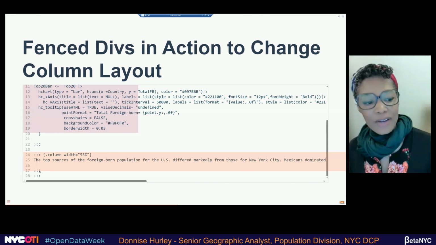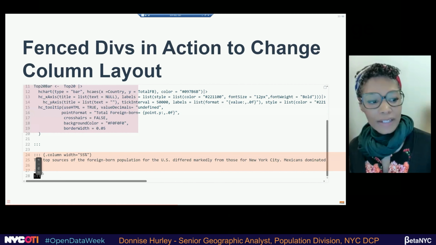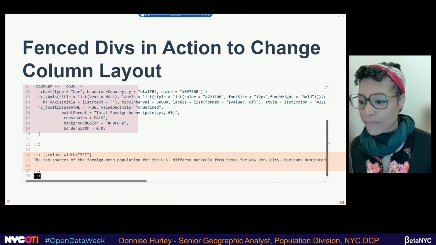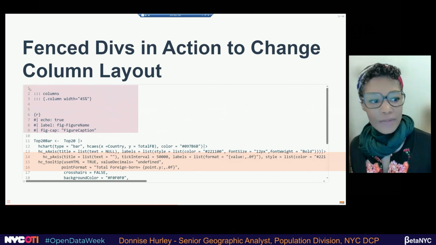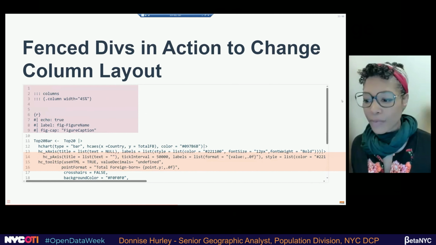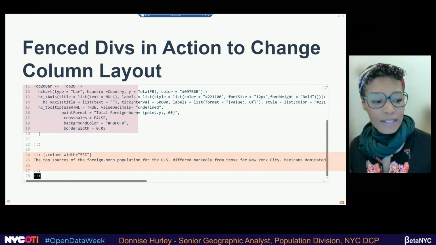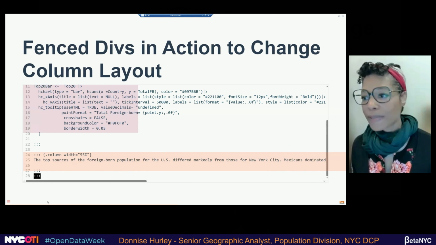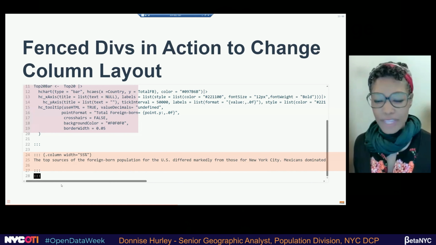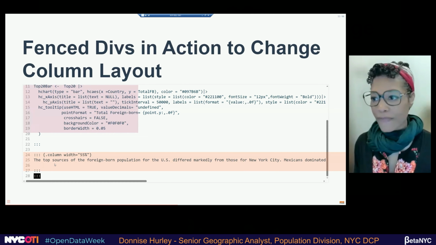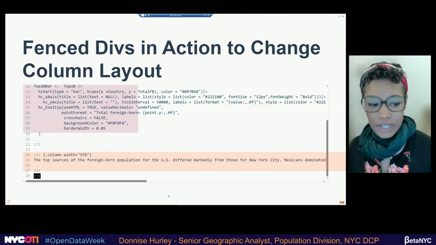This closes the fence div for this column, but if you remember, we told Quarto that we're making a column, so this one also is closed. In a previous version of Quarto, you had to make this 6 consecutive colons, but now everything is in 3s, so you don't have to worry about making your fence at the end a bit larger. You can still use 3 and it still works.